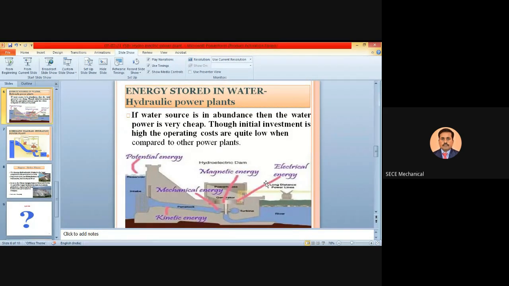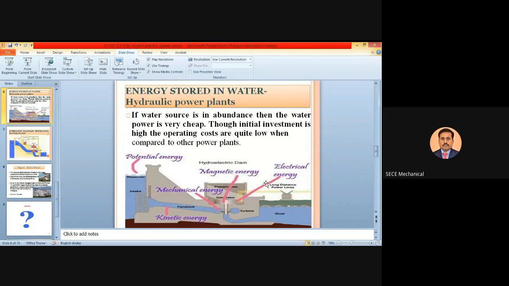If it is in a mountain area, it's a very cheap one. With the help of this water source, you can develop the power. Though the initial investment is high, the operating costs are quite low when compared to other power plants. If you compare with other power plants like a diesel power plant or gas turbine power plant,